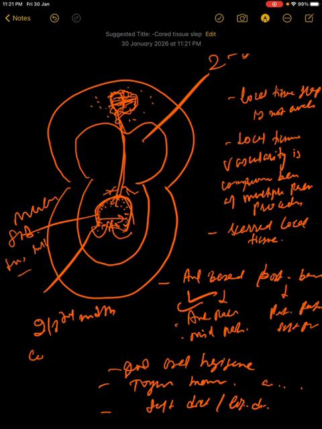Now, what all can be complications of using this tongue flap for palatal reconstruction? So there can be bleeding in early stages because of manipulation of the flap. There can be respiratory compromise, and upper airway edema can be there, and there can be